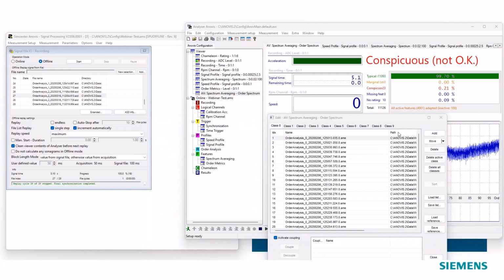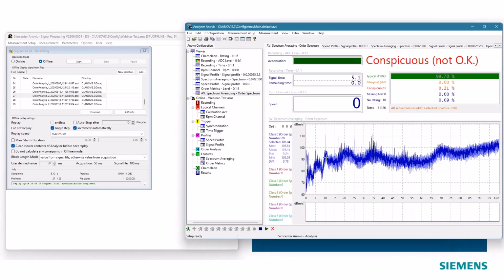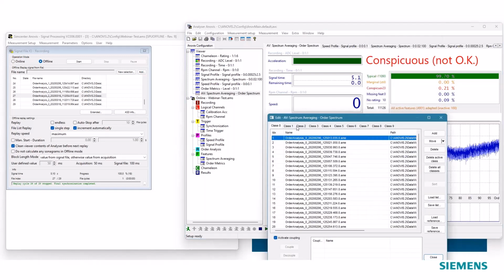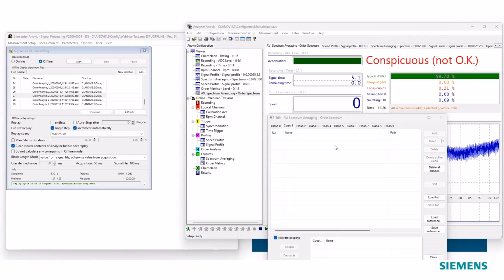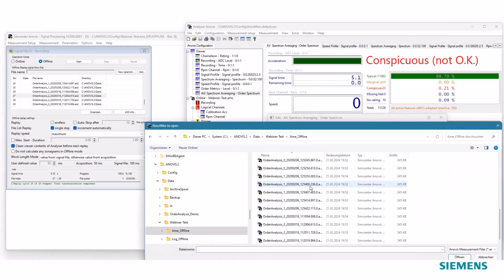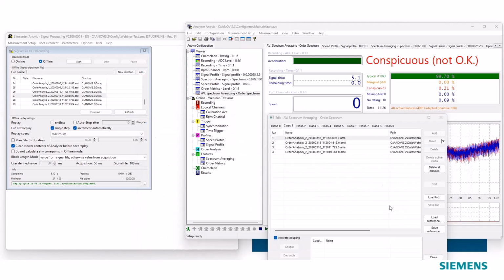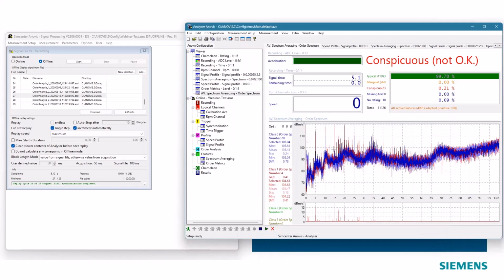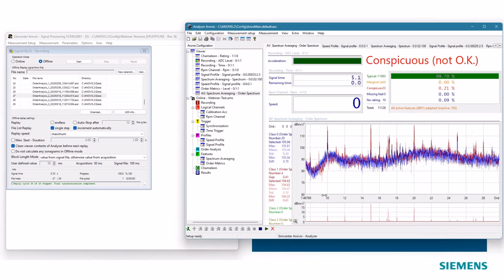Okay, now I added all the curves here. You see a nice scatter of the curves, and I can choose another class to add the faulty items that I'm interested in. Here in our case, those 4 measurements, and we now clearly see, yes, the orders 5, 10, 15, and so on are outside of the limits.